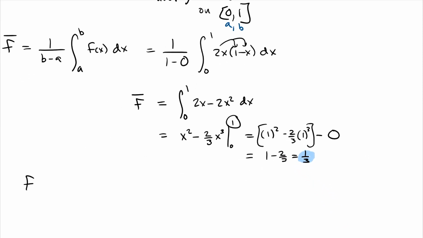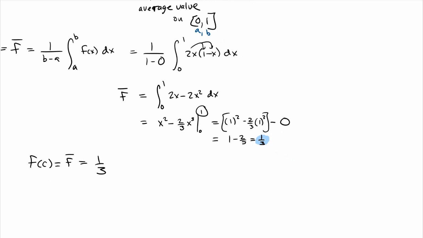So our f of c, or our average value of the function, is 1/3. But that's not what we're looking for. We're actually looking to find what is the value of x that makes that true in the interval from 0 to 1. Now, here's kind of the issue. Our function,